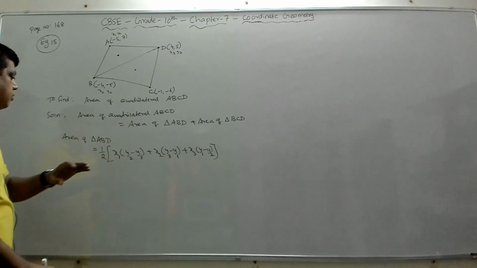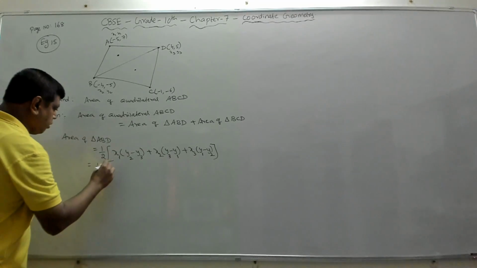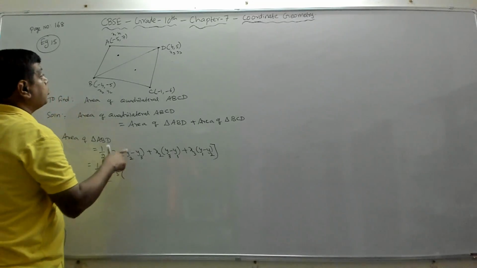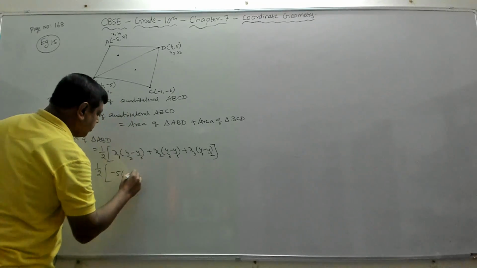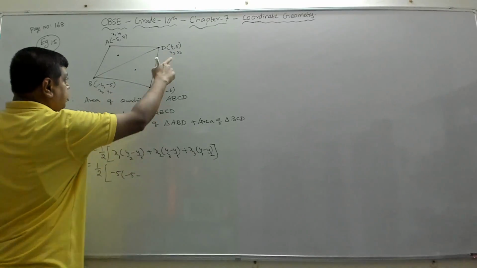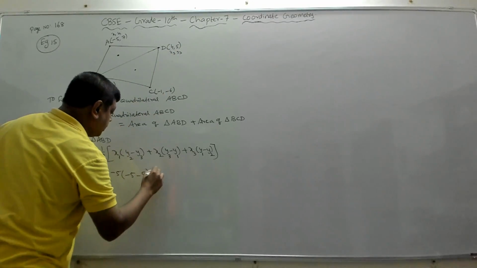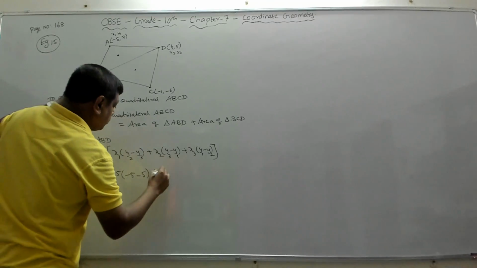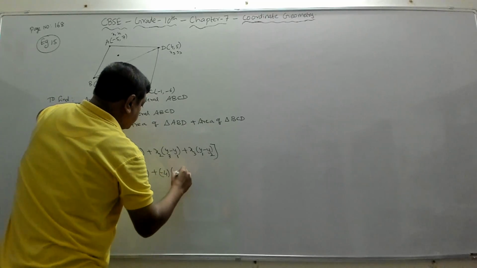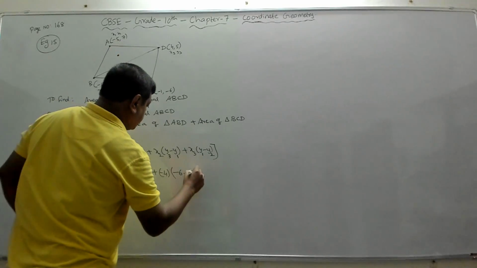Now let's substitute in this formula. So we get that is equal to 1 by 2 of x1, x1 is minus 5, into y2, y2 is minus 5, minus y3, y3 is this. So we are finding the area of this triangle. So minus 5 plus x2, x2 is minus 4, into y3, y3 is minus 6, minus y1 is minus 7